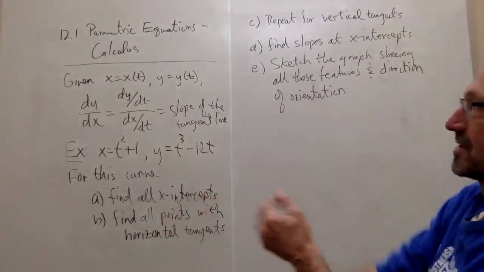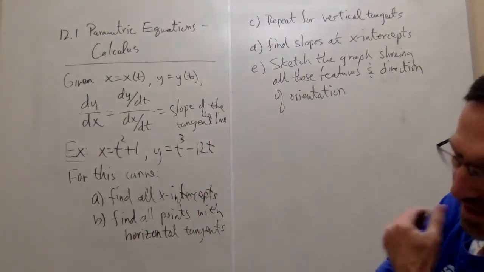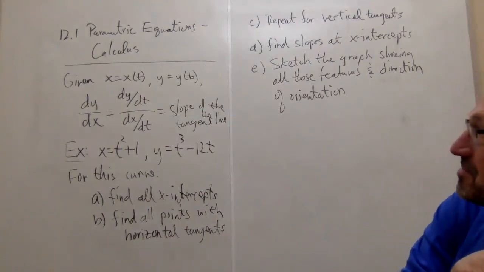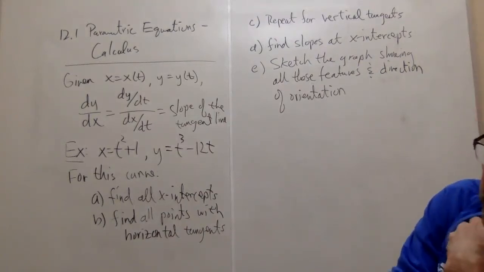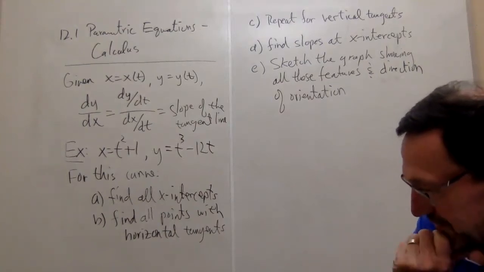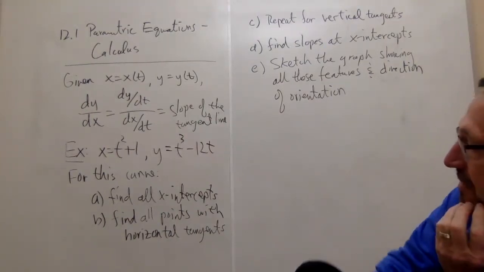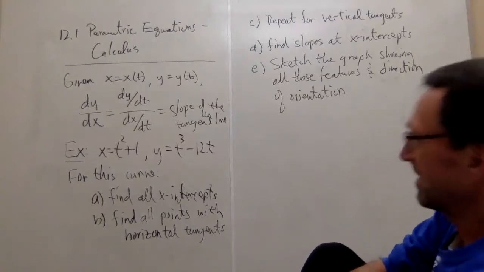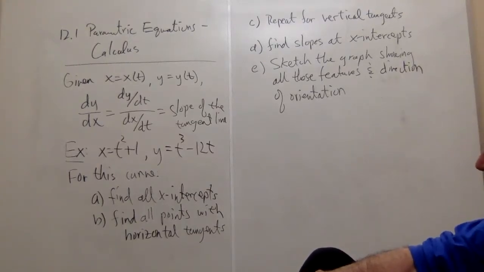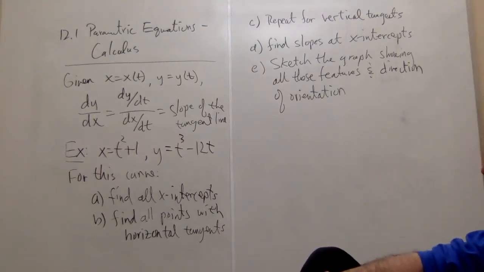So here we go. 12.1, the introduction and the calculus is all rolled into one section, unlike polar coordinates in our textbook. So we covered the first part of section 1 on Friday's video posted for today's class, and now we'll cover most of the rest of it. So here we have a curve given parametrically, a function controlling the x coordinates, another one controlling the y coordinates, with generic parameter t. It follows from the chain rule that